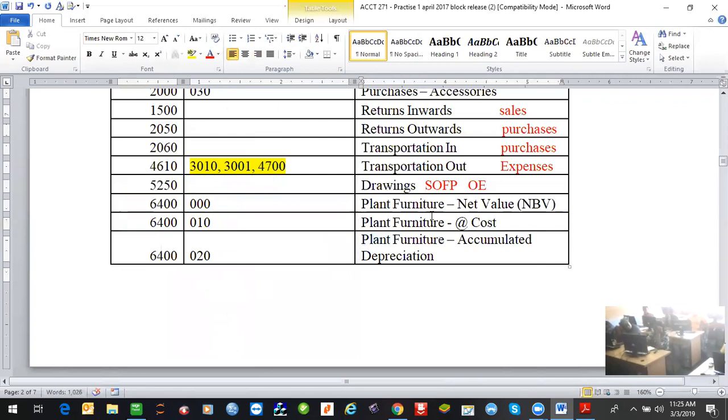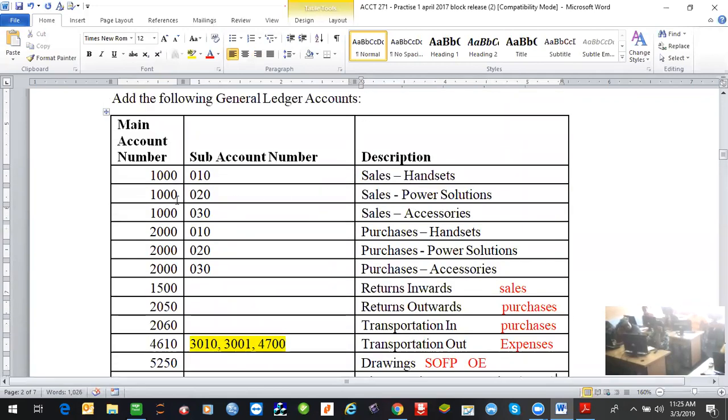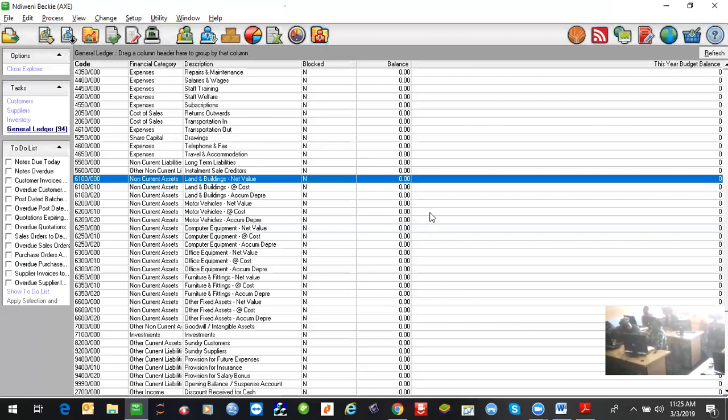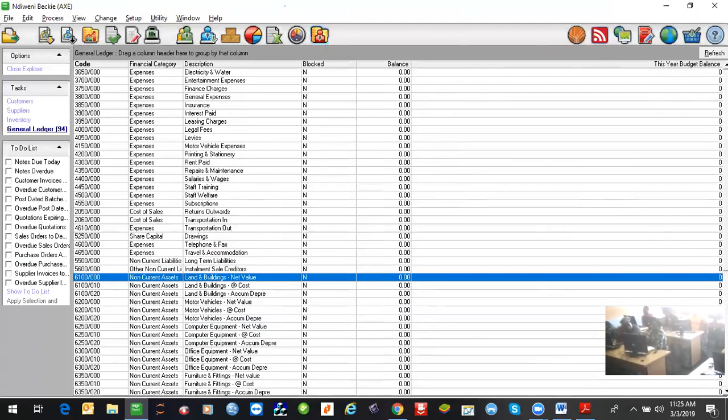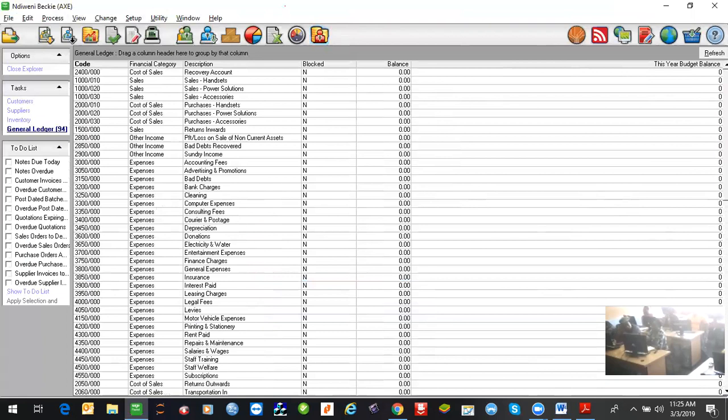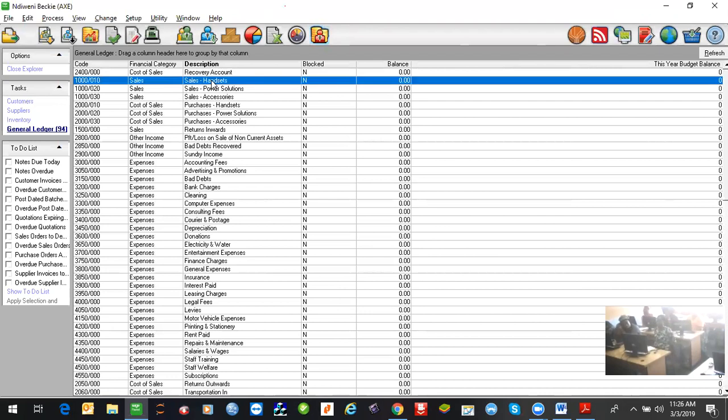So, please take note, when we're opening these accounts, if you post on sales, sales power solution, sales accessories, on your trial balance it will be showing all the amounts there for sales. Are you together? It will be showing sales power solution and sales accessories. But when you go to your statement of comprehensive income, it will be showing sales. It will give you the sum of these three. Are you together? Right? Same applies to